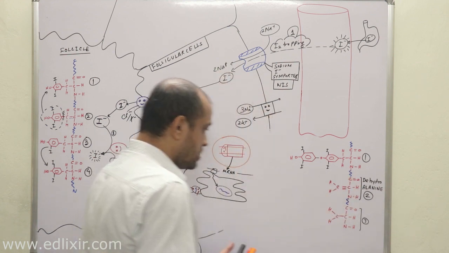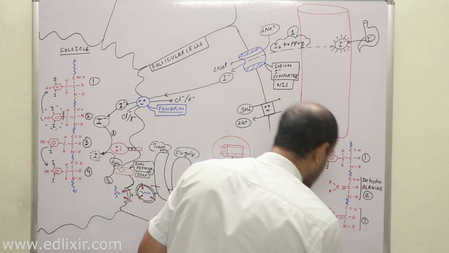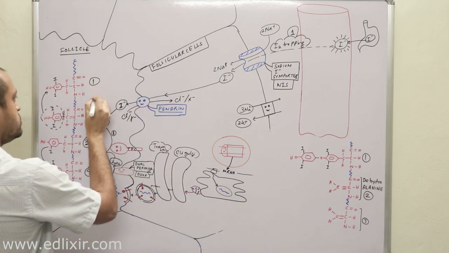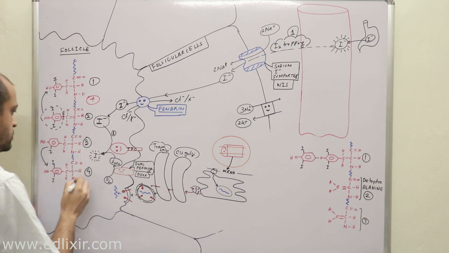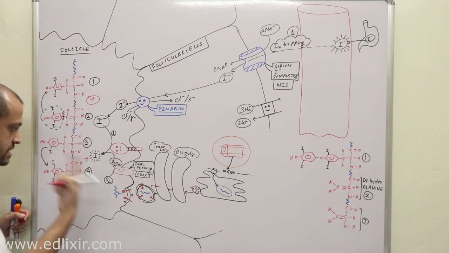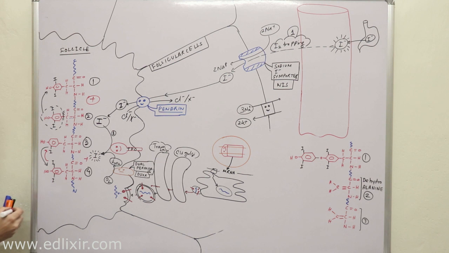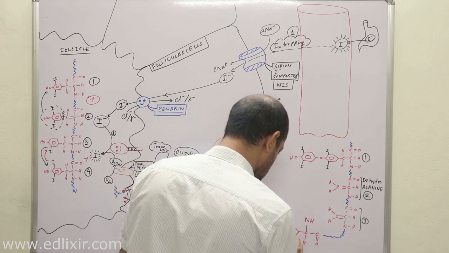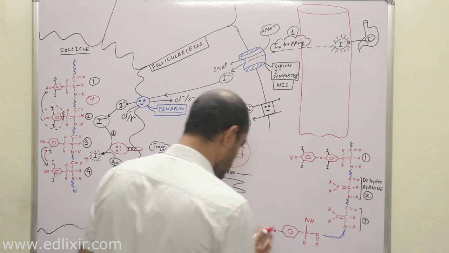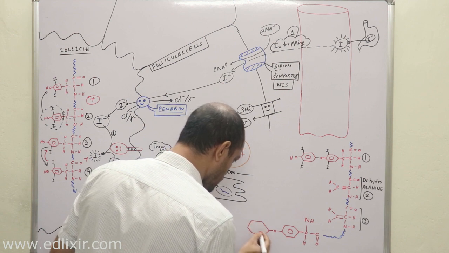Clear? Now listen. Here again we have produced another dihydroalanine. Now understand this very carefully. In the first chain we are actually adding 1 and 2, but in the third chain we are adding 3 and 4. In the second case, we will add this fourth with the fifth. That means we will go like this. So this is our benzene ring, and this is another benzene ring which is now attached. Clear?